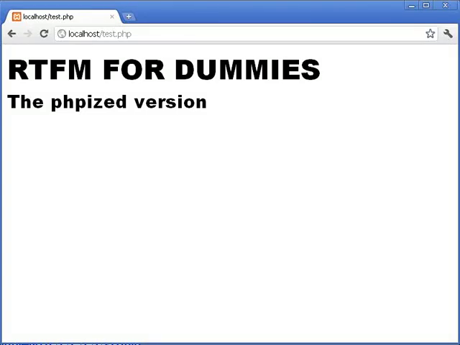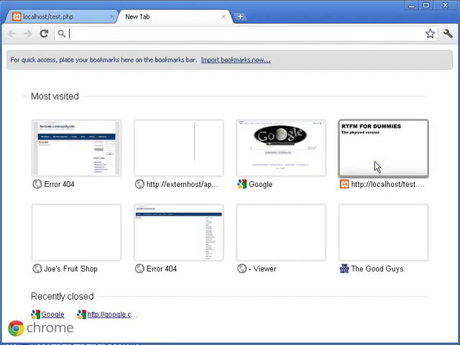Hi, and this is a tutorial for how to read the manual for Dummies. And in this tutorial you'll learn how to read the PHP manual from the home page. And in case you don't know, the website is php.net,